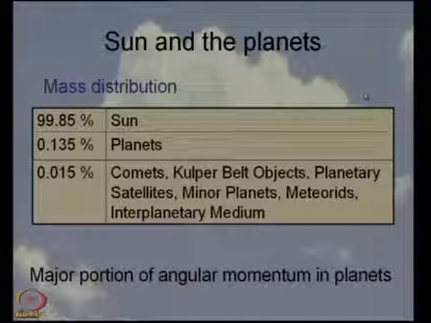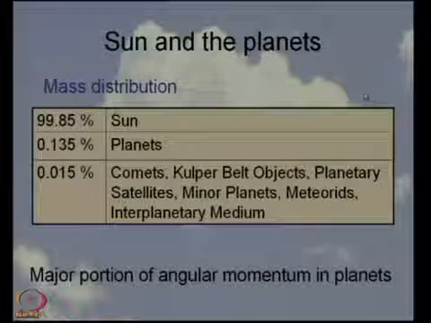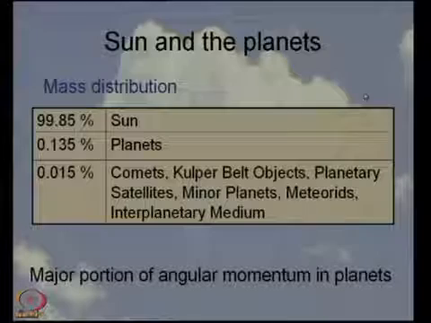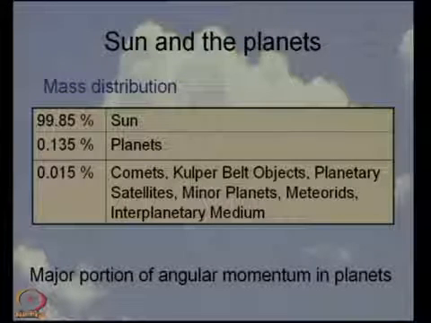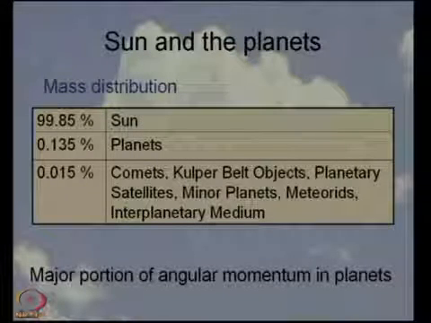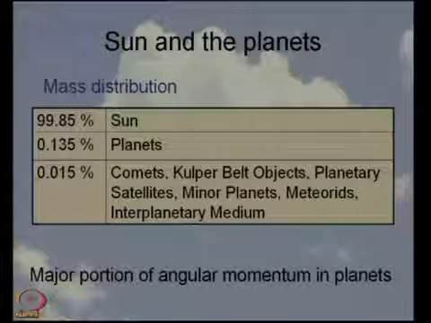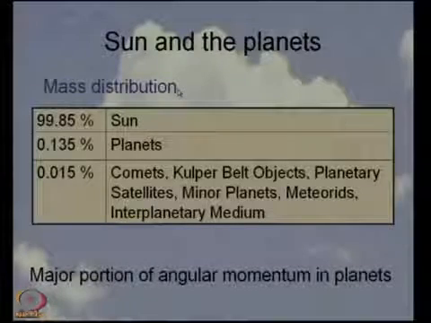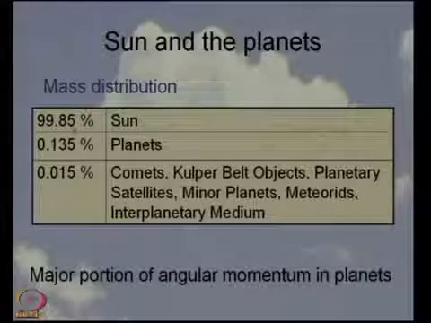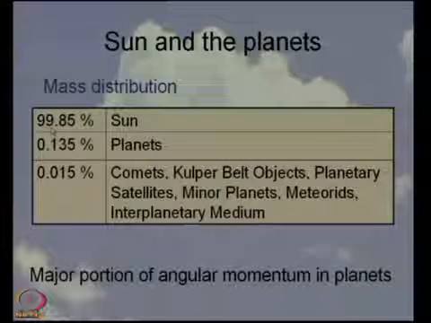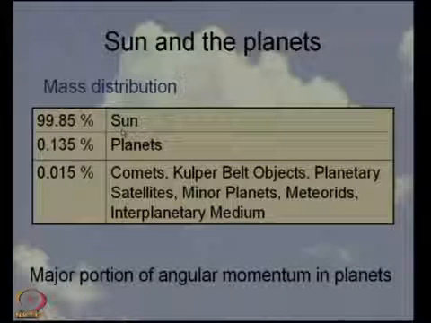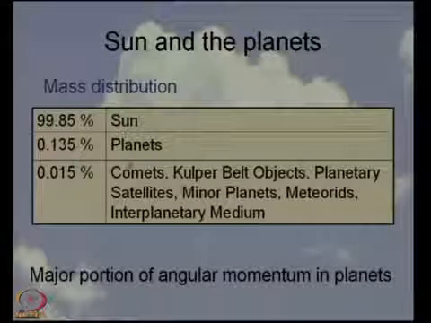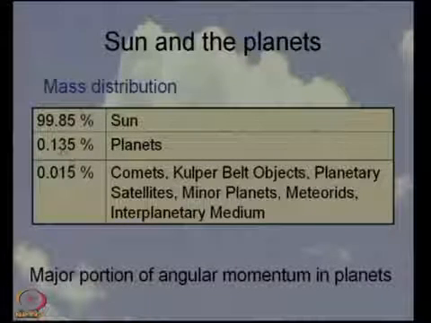Now, let us look at the sun relative to the other planets. So, let us first look at the mass distribution in the solar system. Where does the mass of the solar system lie? Now, let us look at this table. You see that more than 99% of the mass lies with the sun, which is at the center of the solar system. The planets have a little more than 1% of the mass,